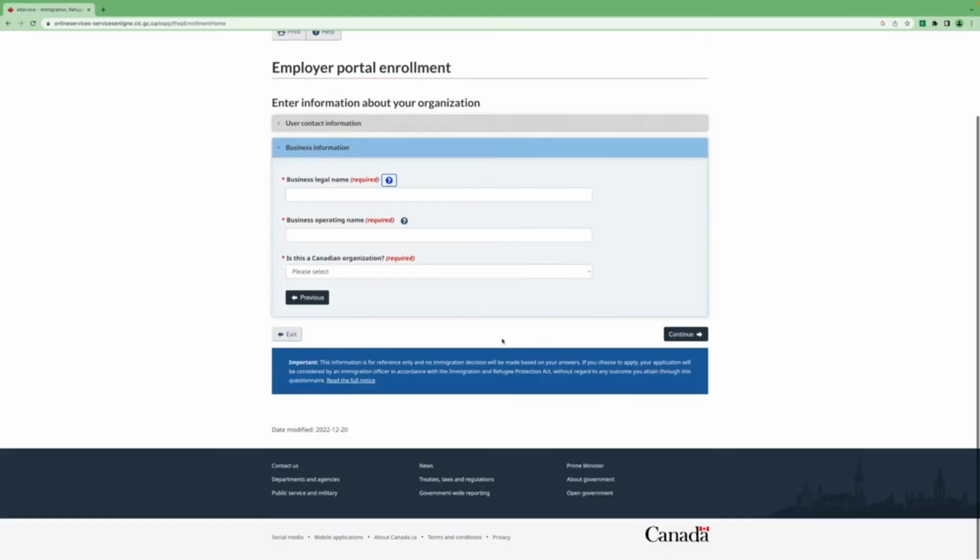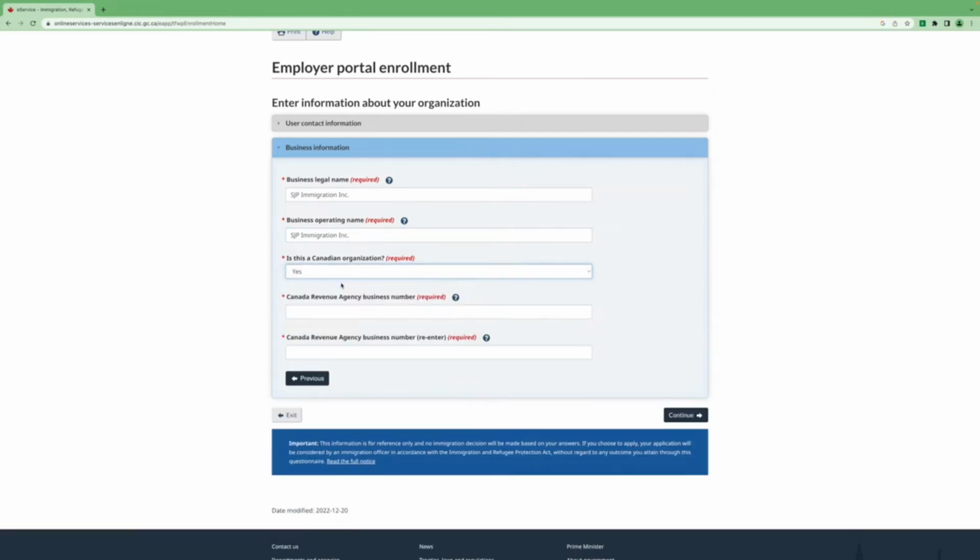Okay. And business legal name. That is the business legal name. The operating name is the exact same, but they make it required. So I'm going to put this here. It is a Canadian organization, and that's why they then ask for this thing called a Canada Revenue Agency number, which I do have. Add the CRA business number, which is